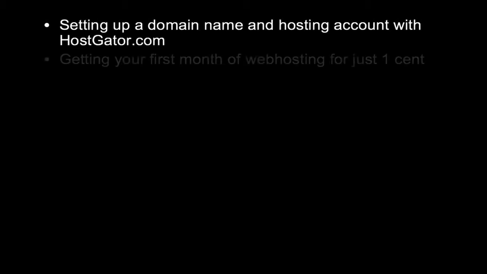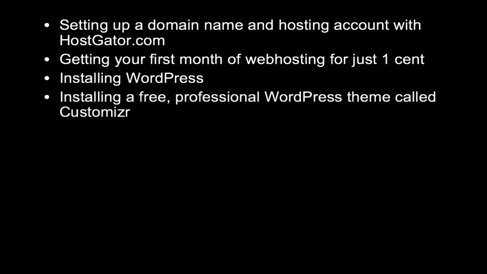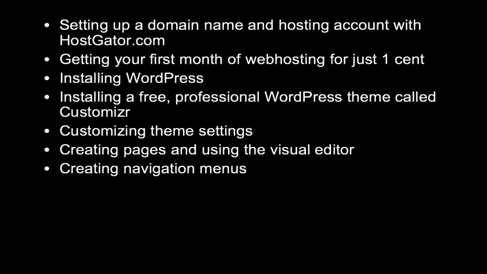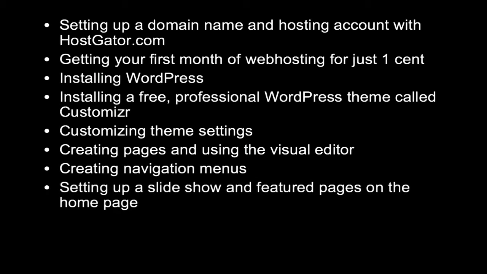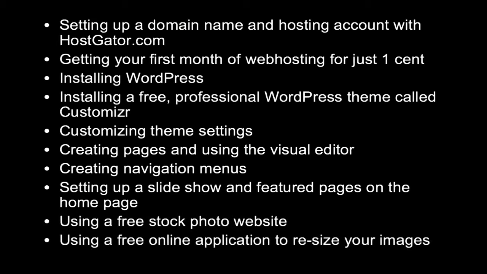This video tutorial on how to create a professional WordPress website and blog will include setting up a domain name and hosting account with HostGator.com, getting your first month of web hosting for just 1 cent, installing WordPress, installing a free professional WordPress theme called Customizer, customizing theme settings, creating pages and using the visual editor, creating navigation menus, setting up a slideshow and featured pages on the home page, using a free stock photo website, using a free online application to resize your images,